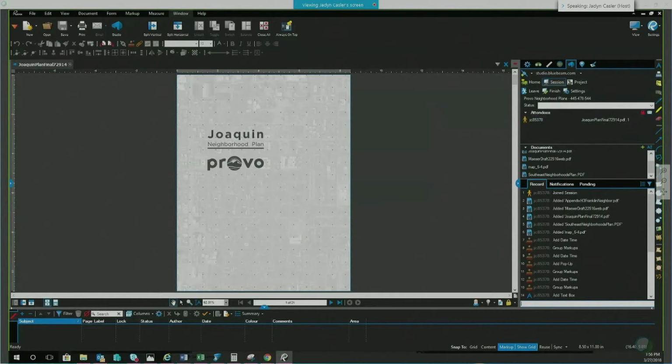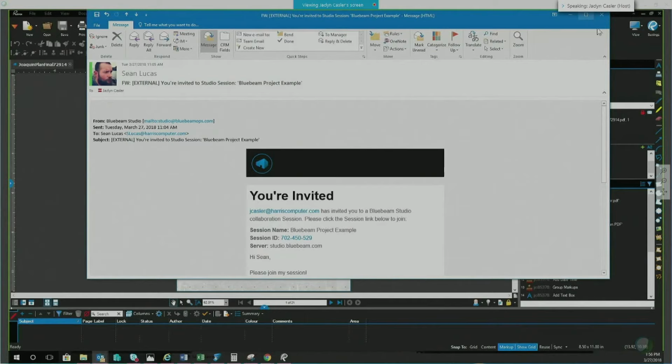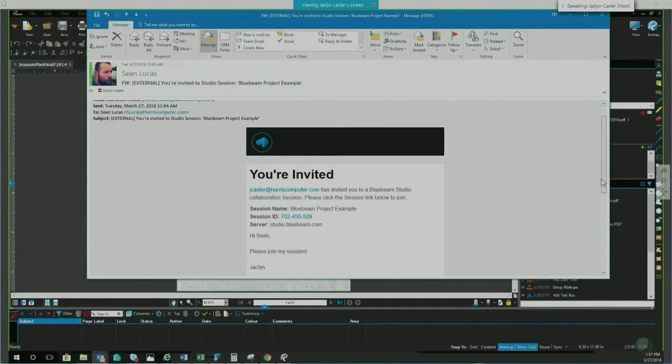So then to give you a bit of a sense of what these things look like when there's invites, I was trying to rope one of my coworkers in to doing some markups in my session here so you'd get a better sense of what it looks like. But what I can show you is that when I invited him to this project, this is the email that he received